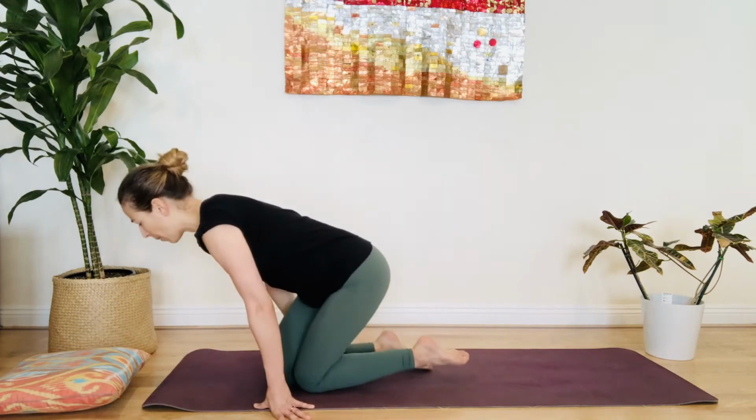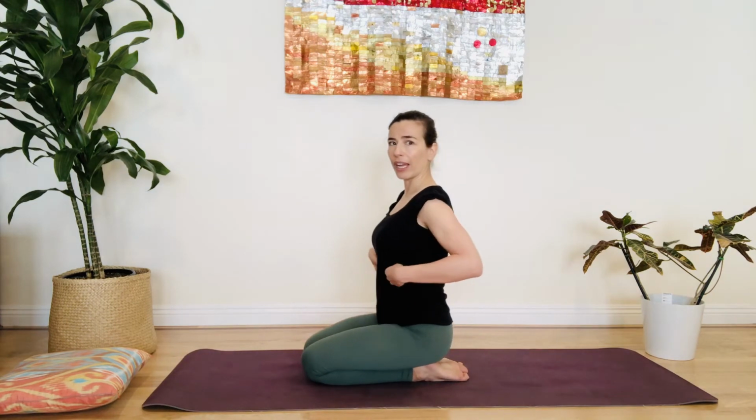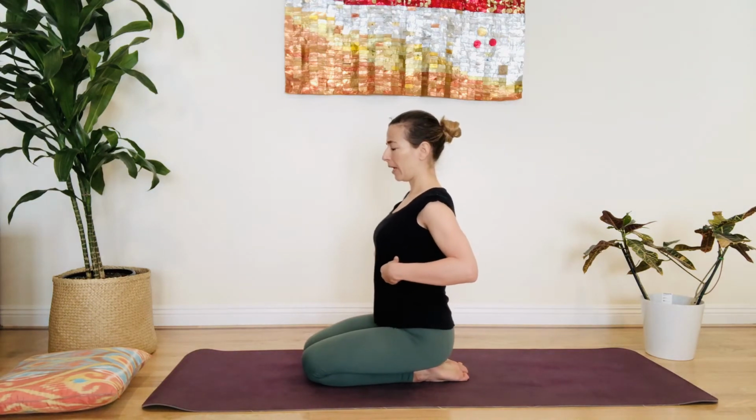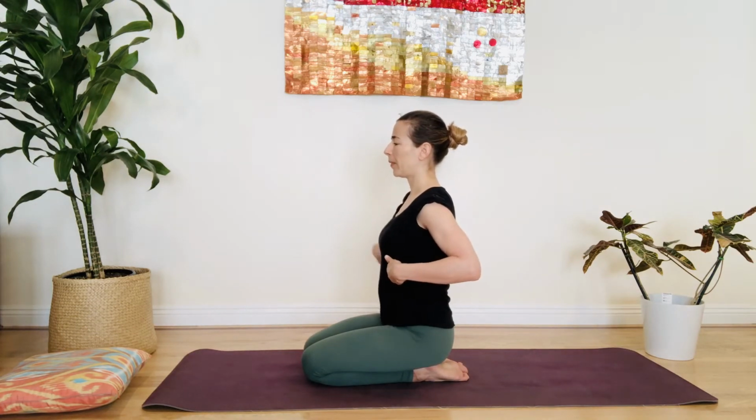Our chest is open, our shoulders are back and down, but our ribs are closed, and our chin is in. So the back of our neck is as long as possible. You can even do this with a mirror right in front of you so you can check that everything is adding up. So again, breathing in, opening the chest, shoulder blades back and down, closing the ribs, and now